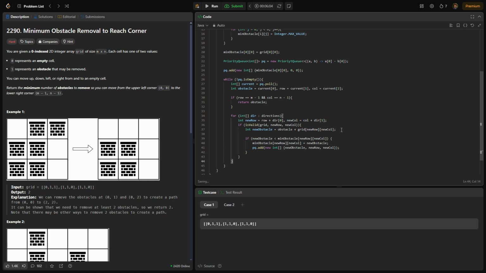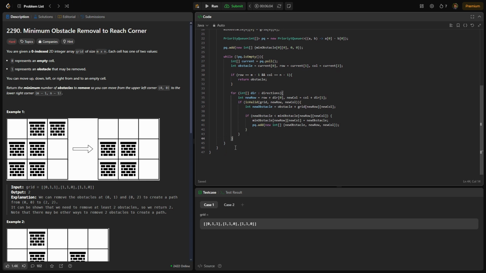So that's it for our main function. Last thing we have to do is, sorry, we're going to have to return. So we're going to return our minObstacles of m-1 and n-1. But that's it for our main function. We're now going to set up our helper function to ensure that we are within our grid constraints. So private boolean isValid,